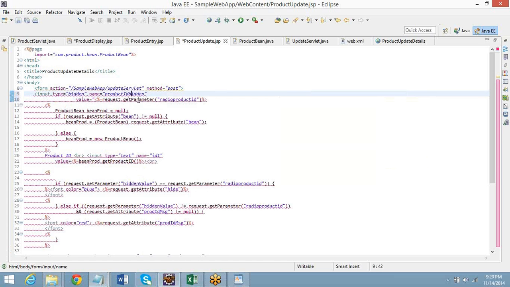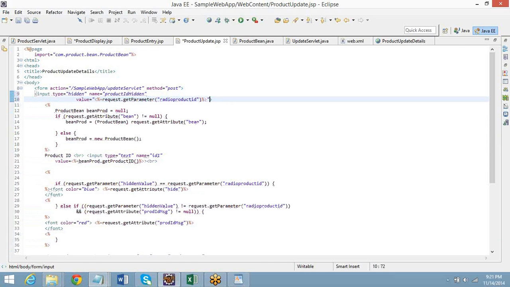Done. One second. In line number 10, at the end, keep that double quotes. This hidden value.